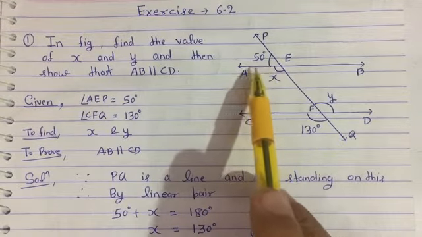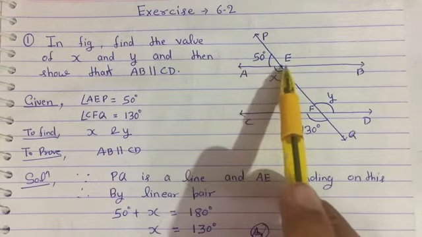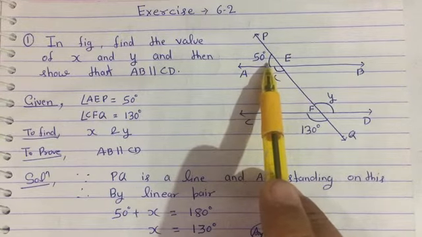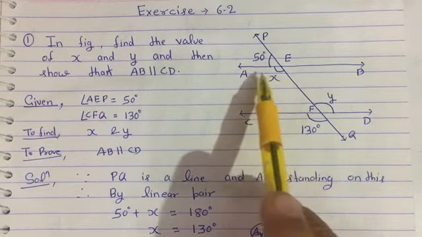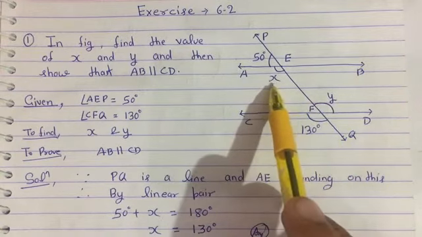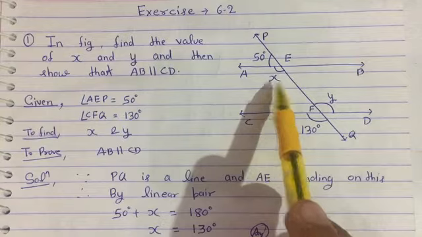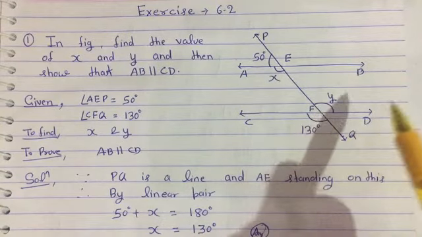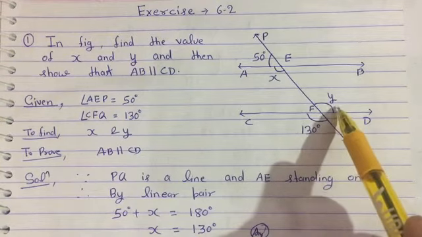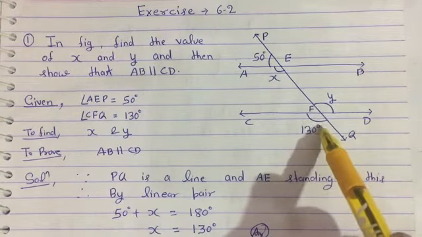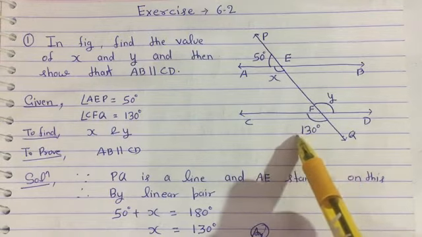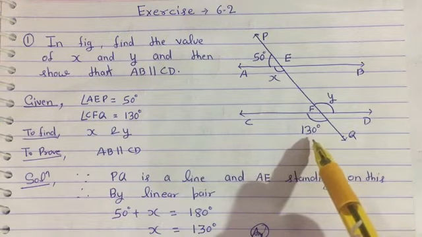This angle, which is angle AEP, the measurement of this angle is 50 degree. This angle AEF, the measurement of this angle is x. Now this angle named as angle EFD, measurement is y, and this angle CFQ, measurement of this angle is 130 degree. Okay,